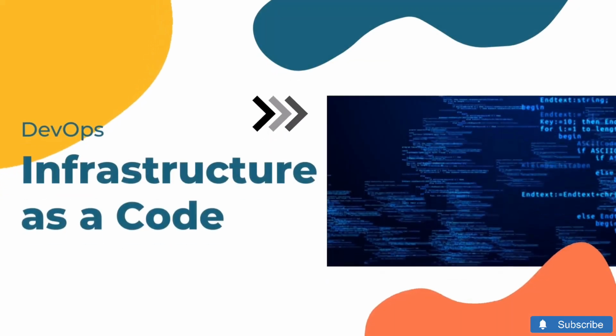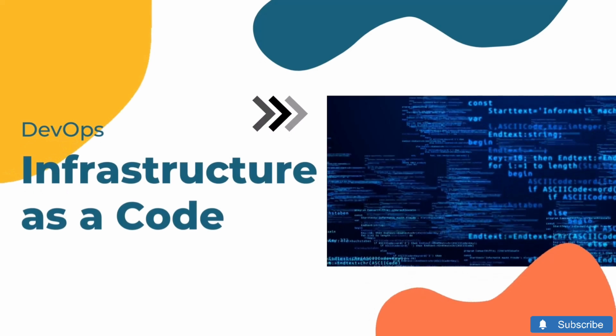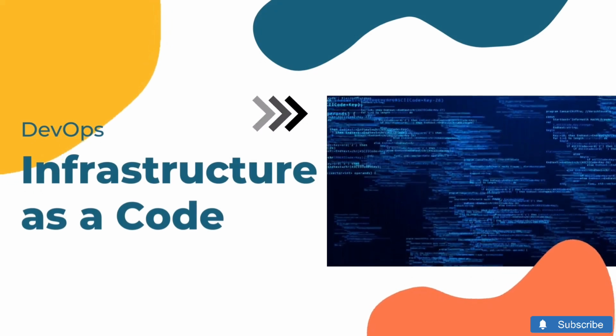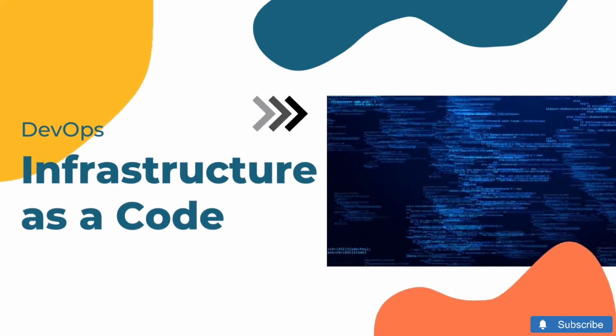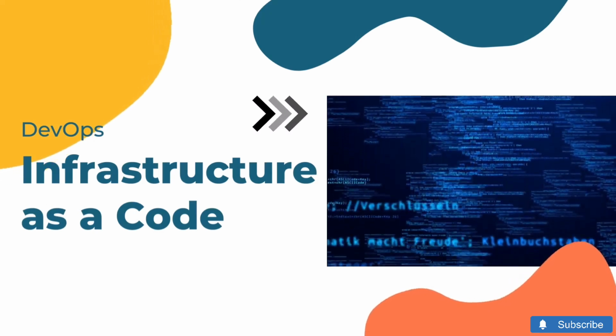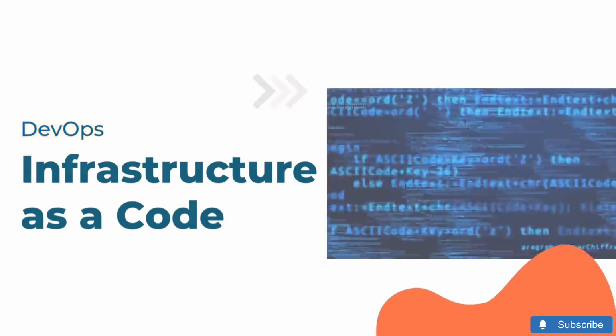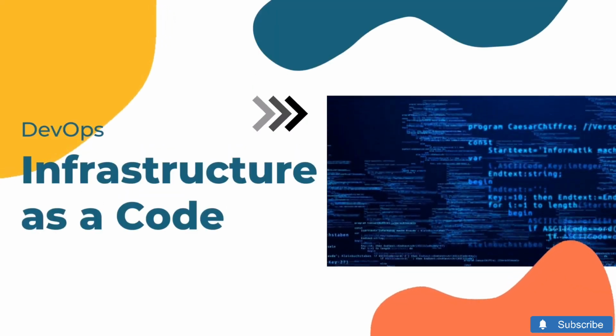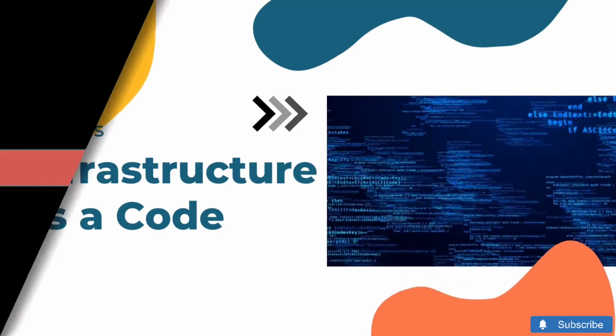Let's continue our discussion about DevOps practices with another interesting subject called infrastructure as code. Now this is really required where DevOps is practiced or where developers focus on automation. Infrastructure as code is also sometimes termed as IaC, and it means managing and provisioning infrastructure